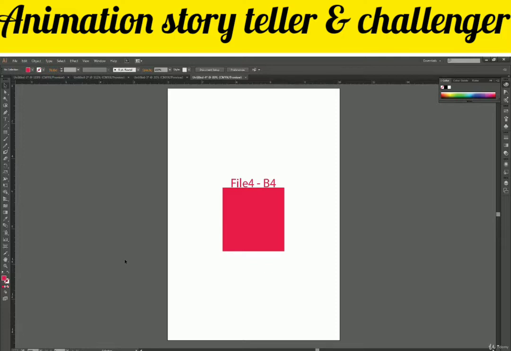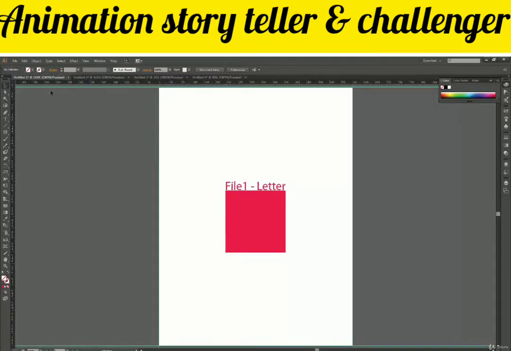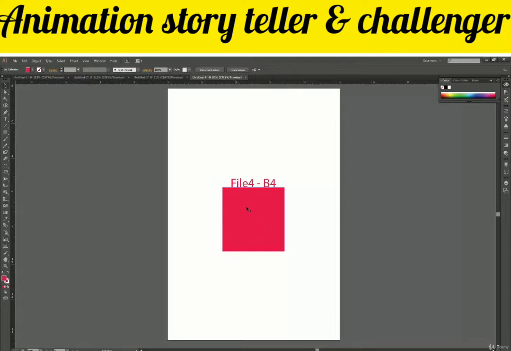But you should note that the ruler here is showing only 10 units, and the vertical bar is showing 14 units. But when I go to file 1, it says 612 units by 792 units. If you compare by number, this file should be bigger than this one. But we have to note that this is in inches, it's not pixels. So it's very important to know the unit of your file, which units you are working in. Because you might assume this file is very small, 10 pixels by 14 pixels, but no, it's in inches.